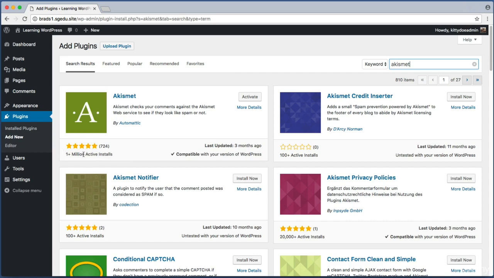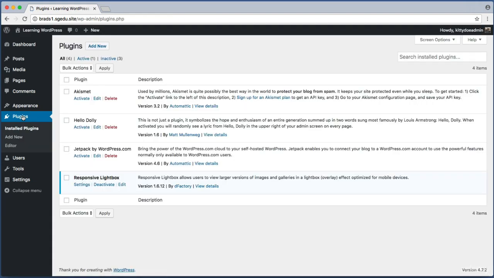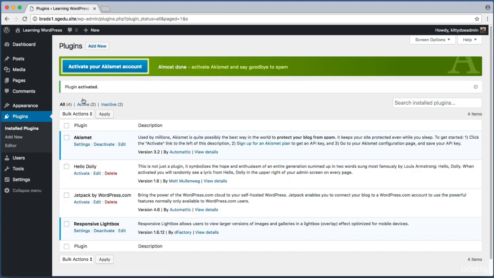So if for some reason you did not see Akismet in your initial installed plugin screen, you can install it from this screen after you search for it. But let me jump back to my initial plugin screen. So from this list of installed plugins, on Akismet, just click the Activate button. Okay, now that activated the Akismet plugin within our WordPress website,